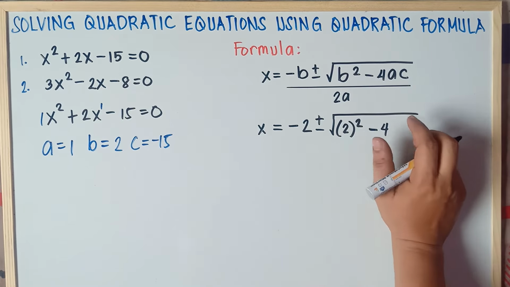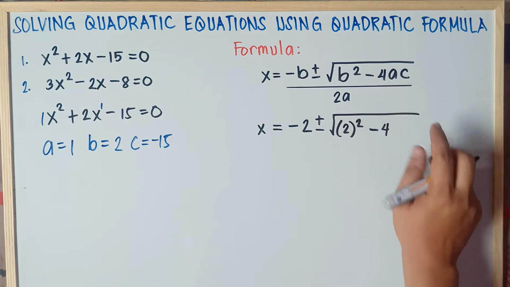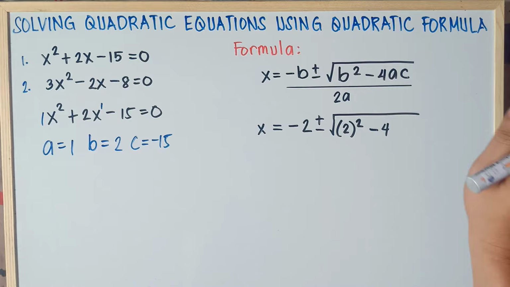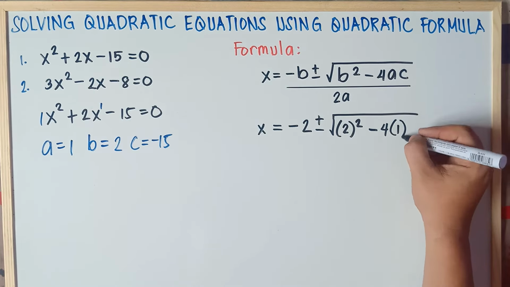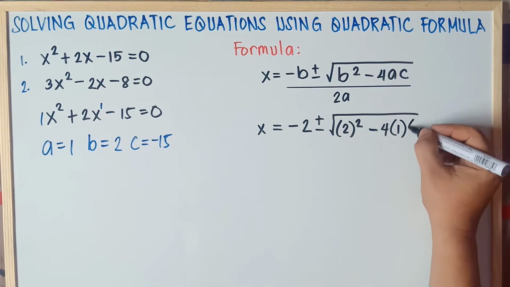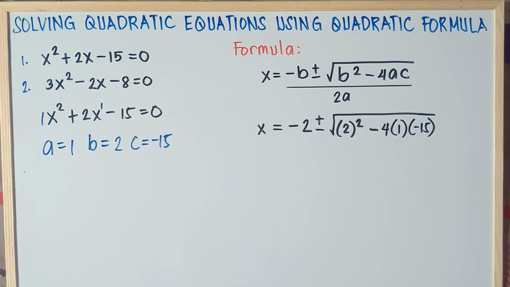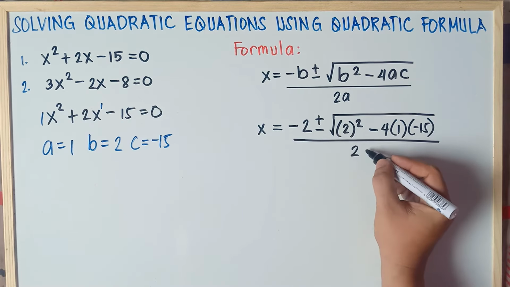A is 1, so once again, class, if you have a number together with a variable, it means multiplication. 4ac means 4 times a times c, so put parentheses, 4 times 1, and our c is negative 15, so that would be negative 15. Then close parentheses,